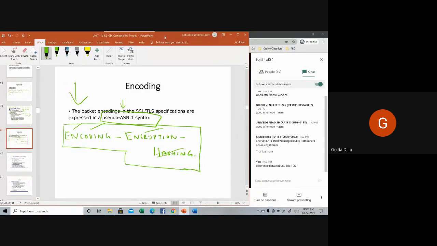After taking the attendance, I'll call out some random number and you have to respond. There are no ifs and buts and no excuses of any sort. You need to respond and give me an answer. That is the difference between SSL and TLS. Otherwise, you will be marked as absent. There's no other way. I hope it's clear. Though they both belong to the same family, SSL and TLS, both meant for web security, there is some marked difference between them. So find out the difference and tell me once I complete my attendance. Randomly, I'll be asking somebody. So the person who doesn't respond will be marked as absent.